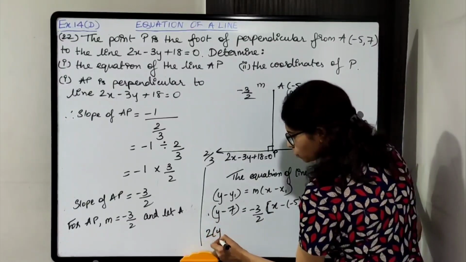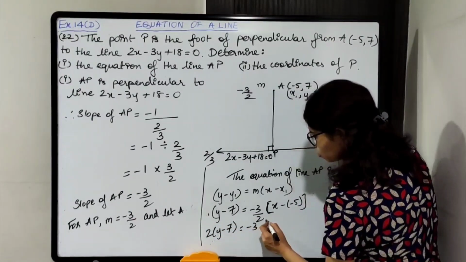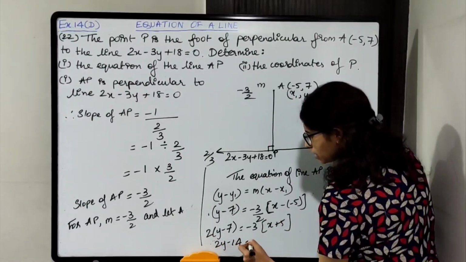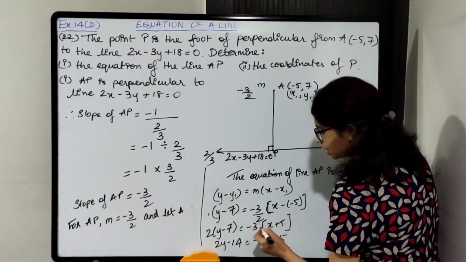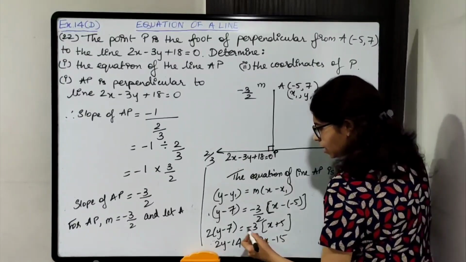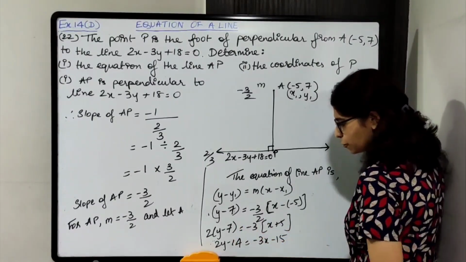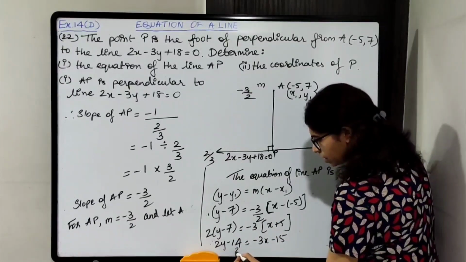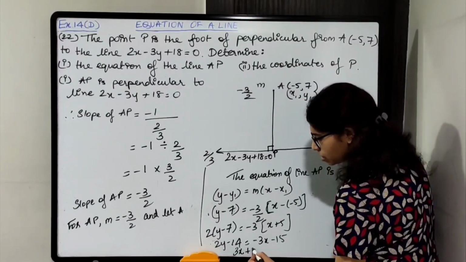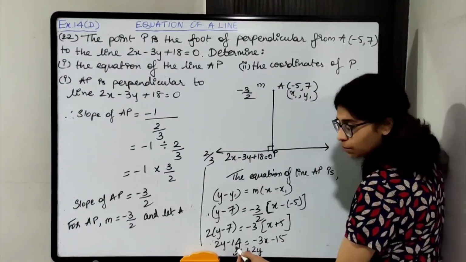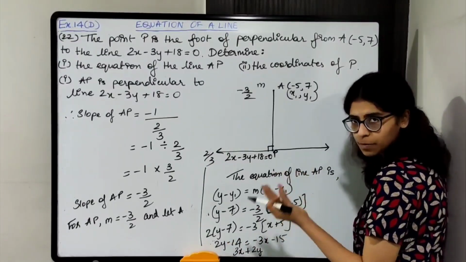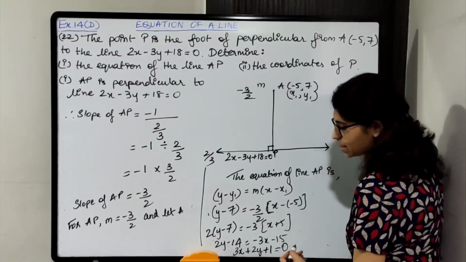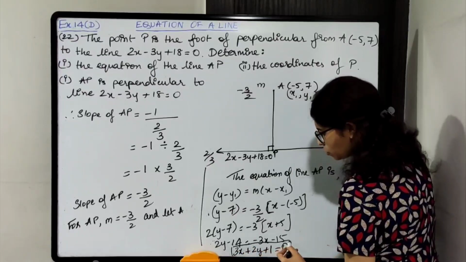2 को शिफ्ट करेंगे, 2 into y minus 7 is equal to -3 into माइनस माइनस प्लस हो जाएगा. 2y minus 14 is equal to -3x minus 15. Signs will change, don't forget that. 3x को यहाँ पे शिफ्ट कर देते हैं, 15 को भी यहाँ पे शिफ्ट कर देते हैं, because here the number will be negative. Let's make everything positive. 3x पहले लिखेंगे, first x term then y term, plus 15 minus 14 हो जाएगा. 15 when you shift over here it becomes plus 15, plus 15 minus 14 is 1. So plus 1 equal to 0. So 3x plus 2y plus 1 equal to 0 is the equation.